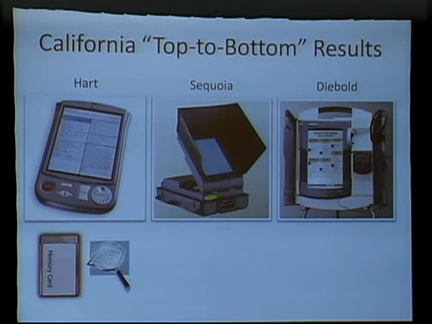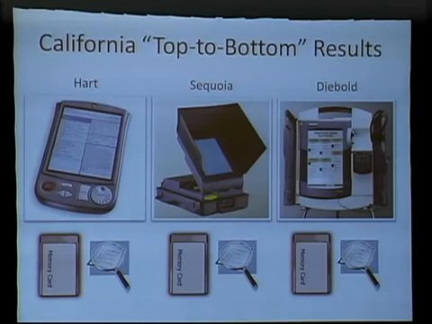And they found a different kind of attack that would let voting officials find out how everyone voted, violating the secrecy of the ballot. The Sequoia team found basically the same two categories of attacks, and not to be outdone, we also found viral attacks and attacks that would let voting officials find out how everyone voted. So all three systems suffered from remarkably similar vulnerabilities, and very serious ones.